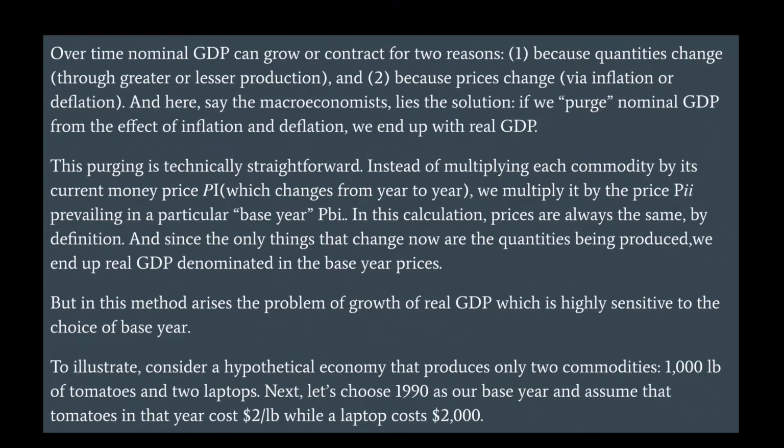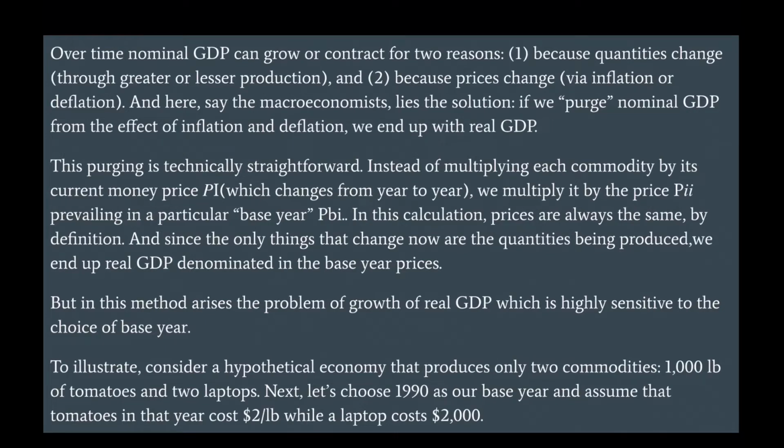Instead of multiplying each commodity by its current money price P_t, which changes from year to year, we multiply it by the price P_b prevailing in a particular base year. In this calculation, prices are always the same by definition. And since the only thing that changes now are the quantities being produced, we end up with real GDP denominated in